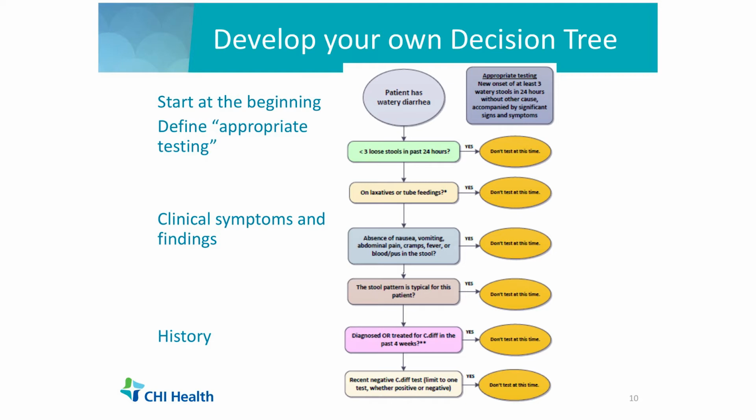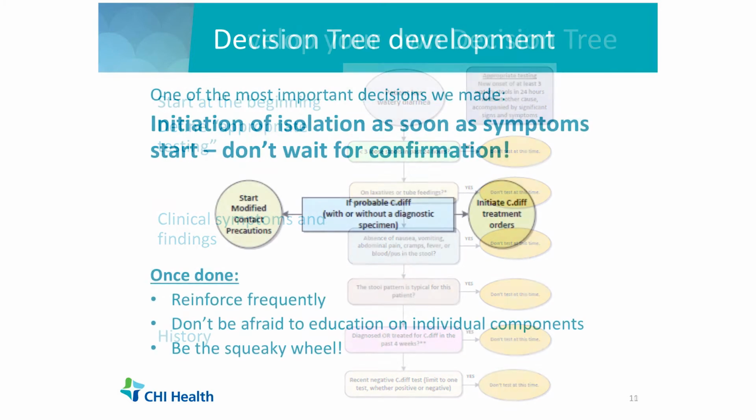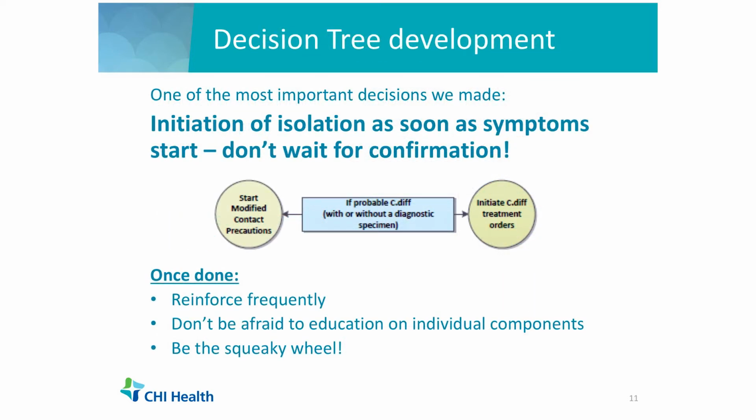So this is kind of where we're at now with our decision tree, and this is how we do it now. It's looked different than this also over time. We've tried to make it a little bit easier to read for the staff so that it's easier to flow for them. By the time you get the positive test result back, you have now exposed a lot of people to C. diff, because there have been people in and out of the room, and the patient's been to therapy, and they've been in the hall. Don't do that. Get them in isolation right away.